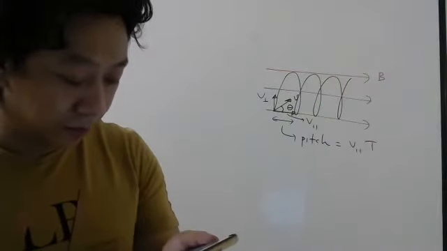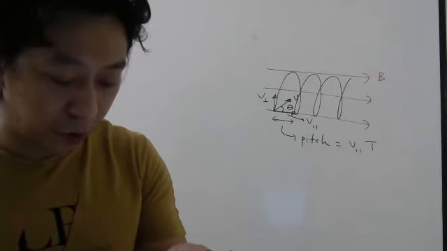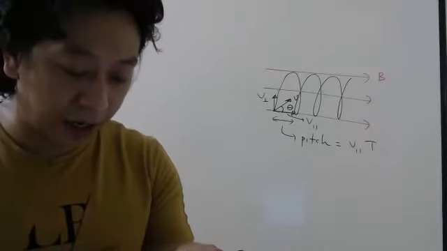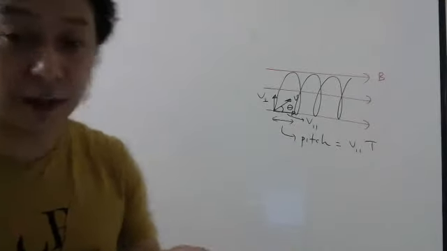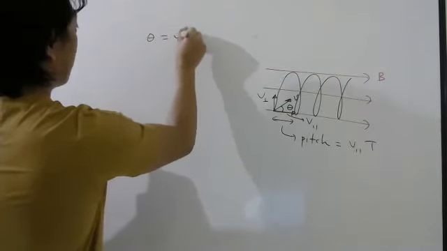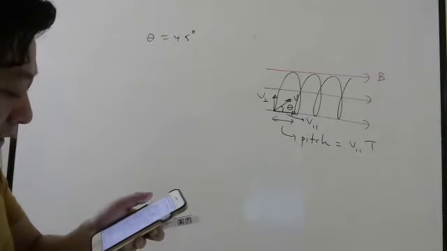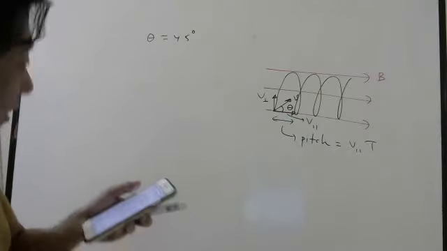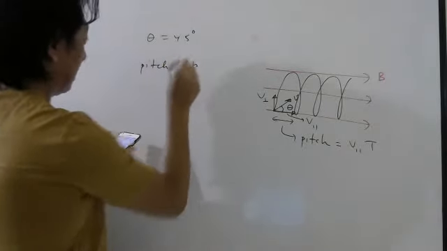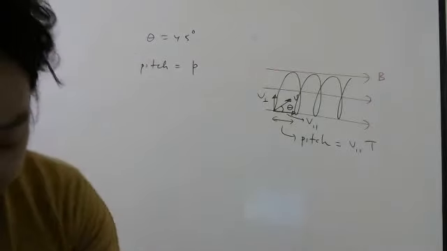So read the question. A charged particle enters a uniform magnetic field with velocity vector at an angle 45 degree with the magnetic field. So this theta here is 45 degree. The pitch of the helical path followed by the particle is p. So they have given you the pitch directly as P. They want the radius of the helix.